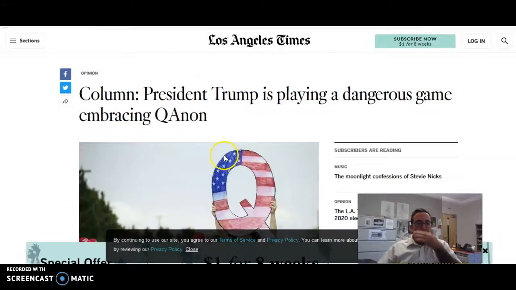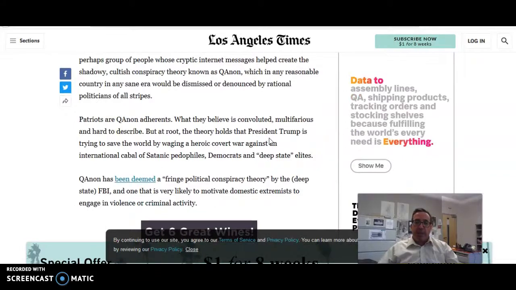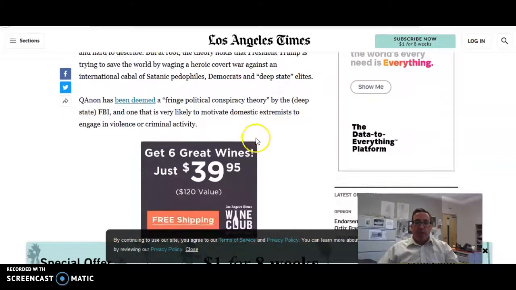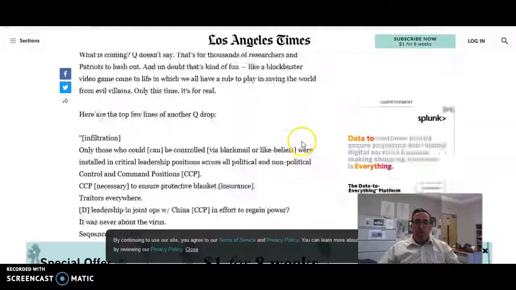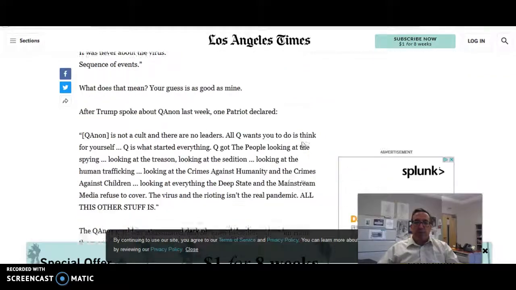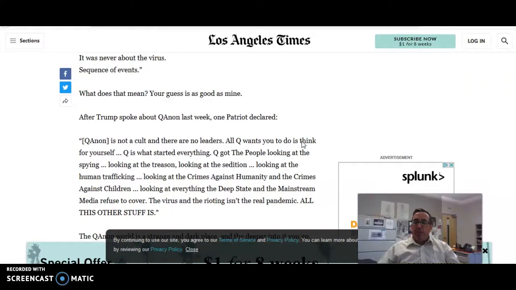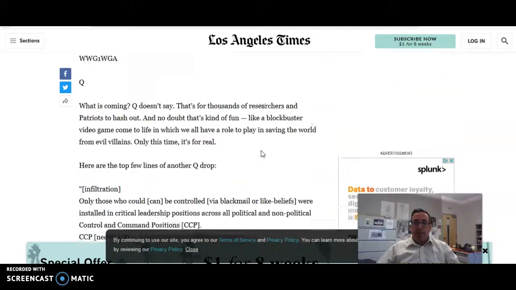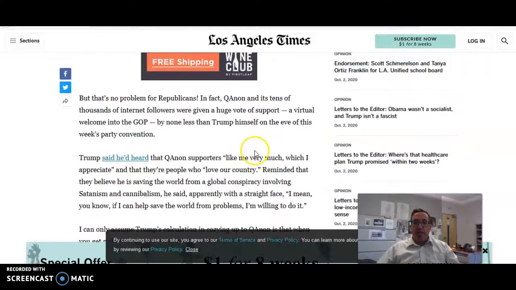In this one, from the LA Times, it's more about Trump and the dangers of QAnon. So slightly different topic, but on the same basic idea of QAnon. And you know, he's just analyzing it and looking at some of the things that QAnon does, right? So you get into it, analyze what they're doing. I looked at them briefly. I haven't read them in any great depth, but I can see in the LA Times one,